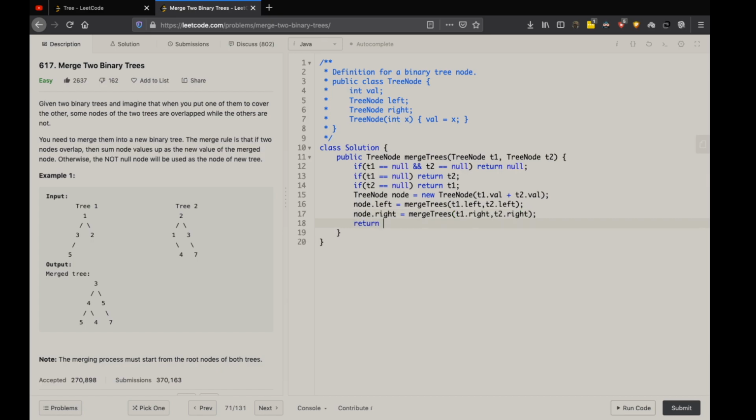Then we need to return this particular node that we have created. So what will happen is 1 plus 2 will go into this, the node 3 will be created, then we will call this for the left child of both the nodes, and we append it to node dot left and node dot right similarly, and we return the final node that we have.